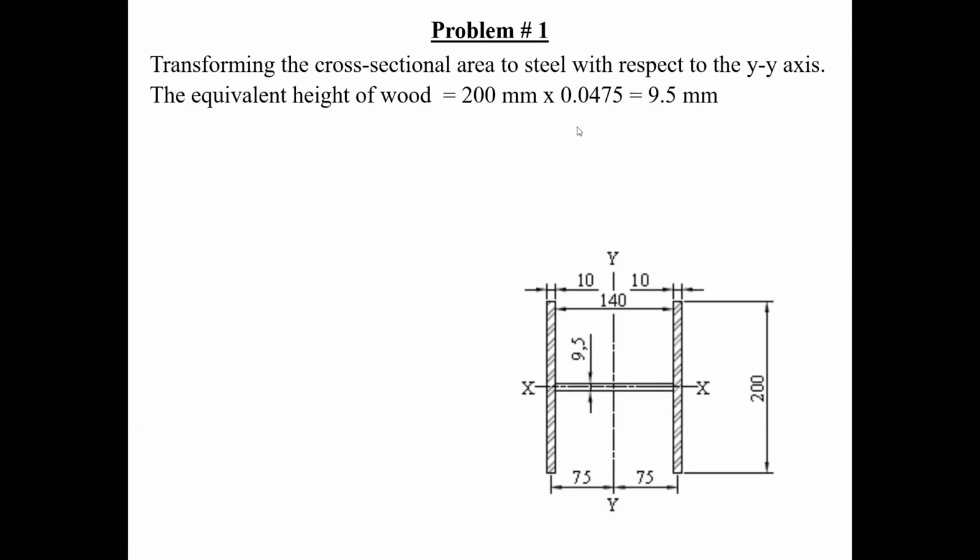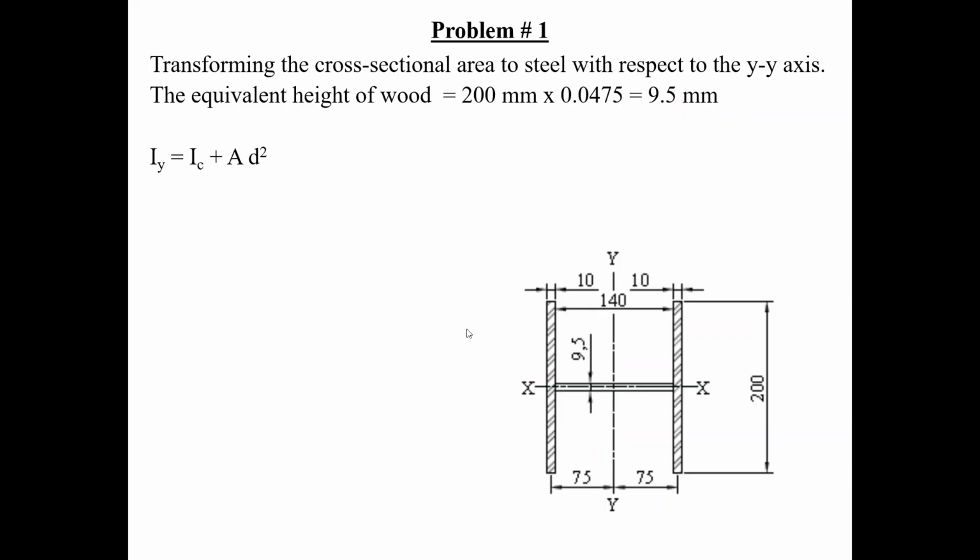Here with respect to the y-axis, I need to transform the dimension that is parallel to the y-axis. So I need to transform that section there. The 200 multiplied by the modulus ratio n becomes 9.7 millimeters, so this whole thing shrinks down and ends up looking like a wide flange section. Now Iy is equal to Ic plus Ad squared. For this section you don't have to worry about the parallel axis theorem because the centroids coincide,